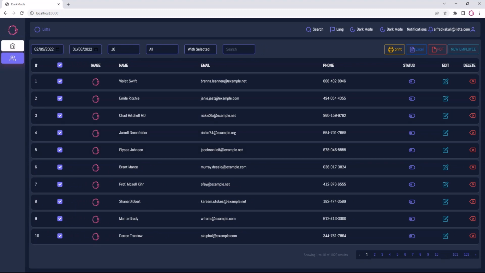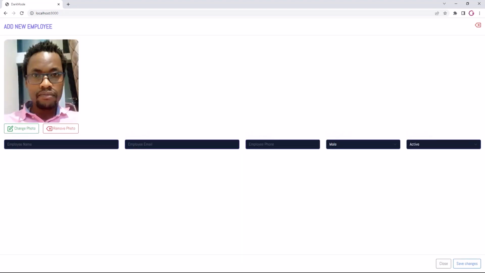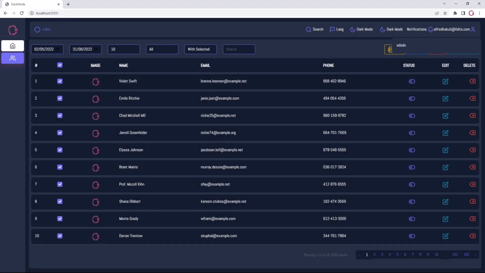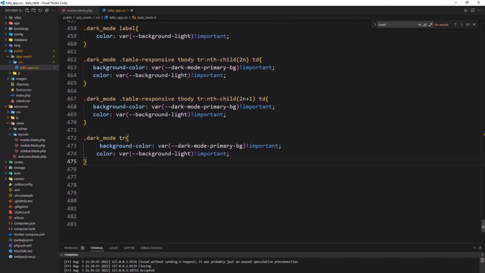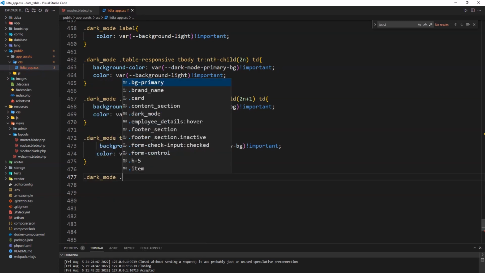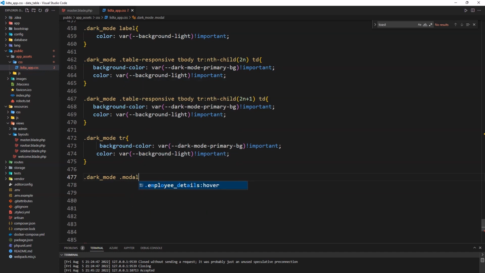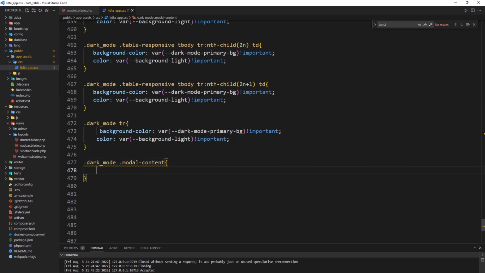So what I'm going to do next, I'm going to work on this. If you see it, our modal still not changed to dark theme. So what I'm going to do, I'm going to target the modal. So I'm going to my application again here, and I'm going to say still my dark mode, and I'm going to say if you get any modal content inside the dark mode or inside the dark mode class, and we get the modal content, we're going to change that